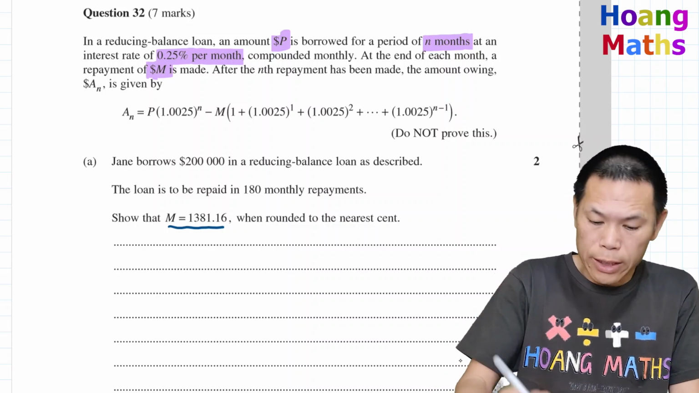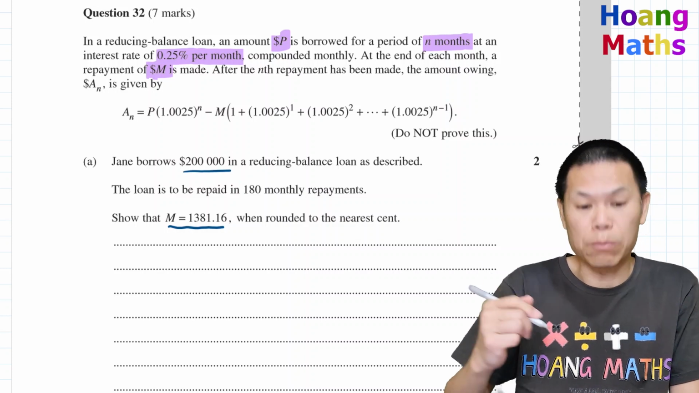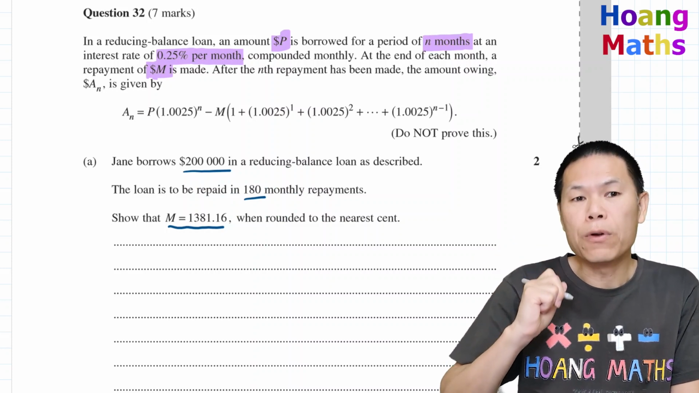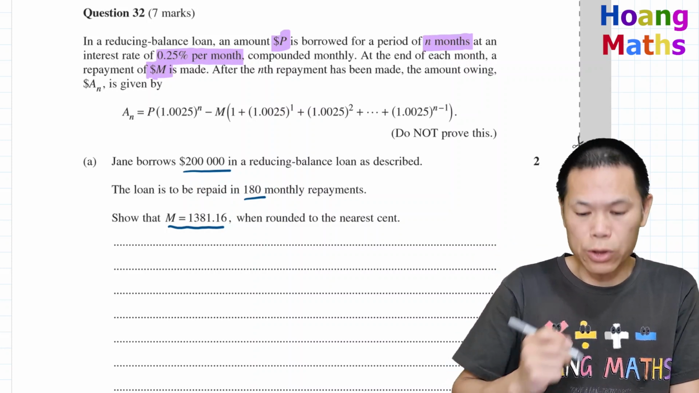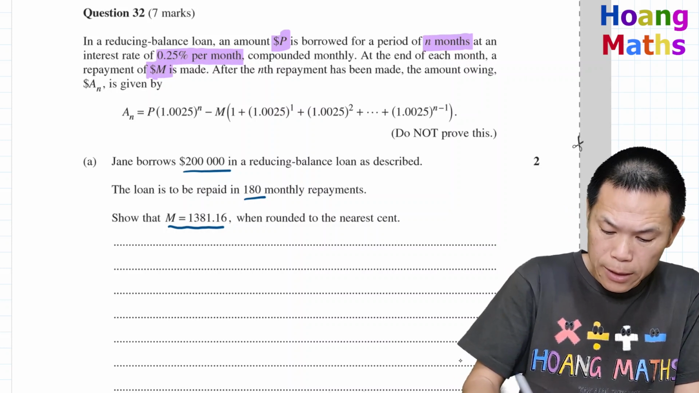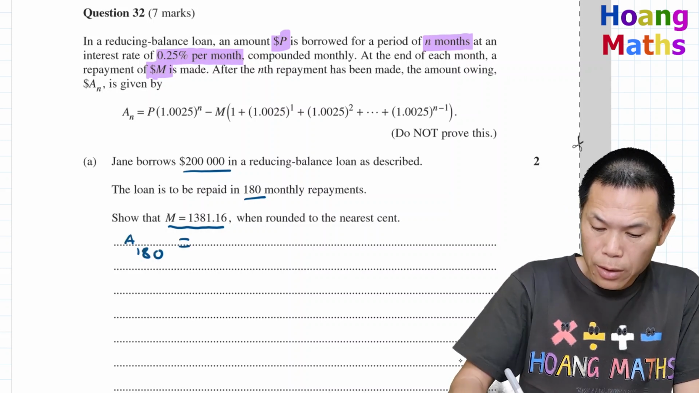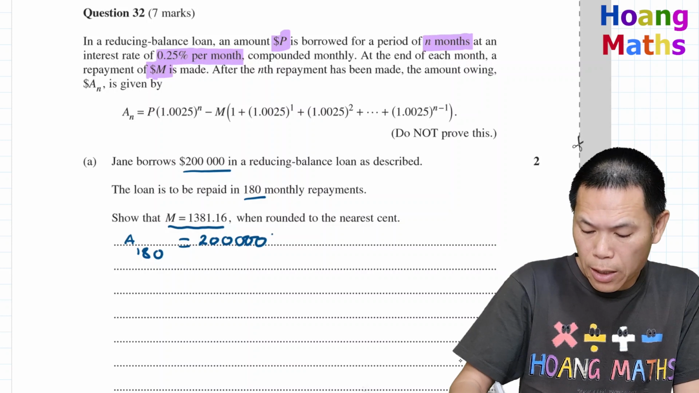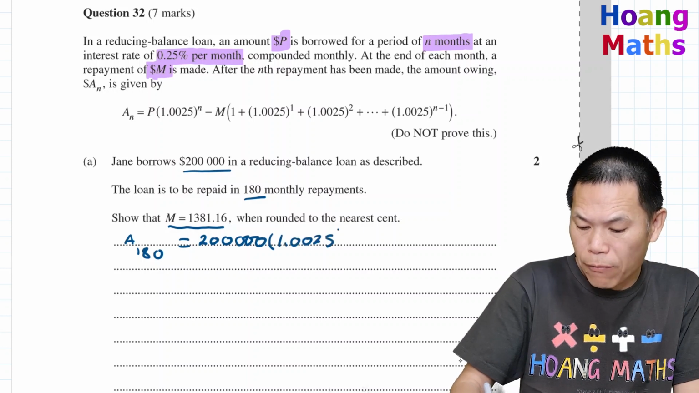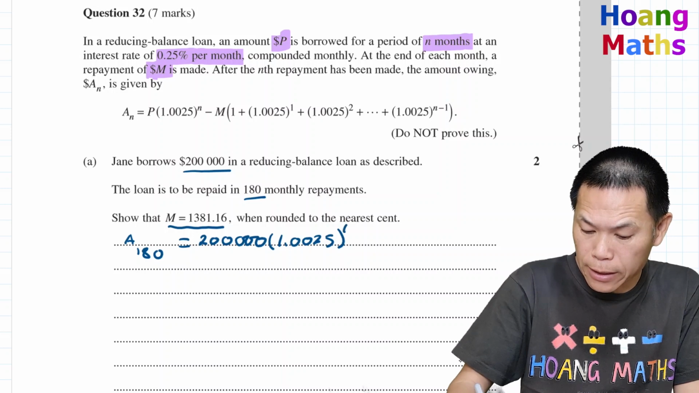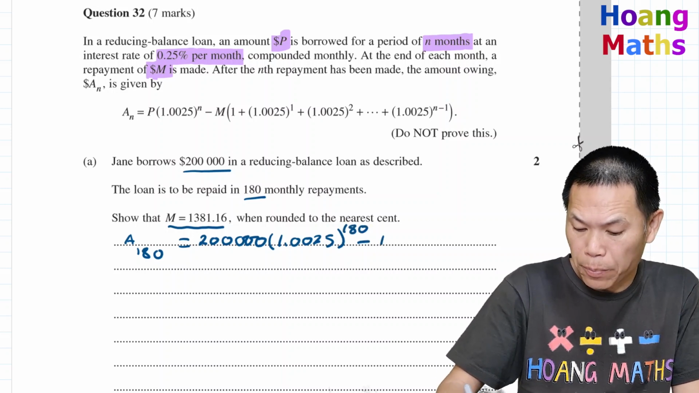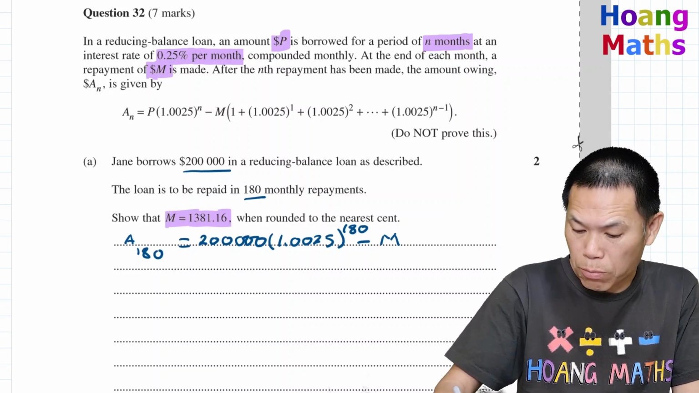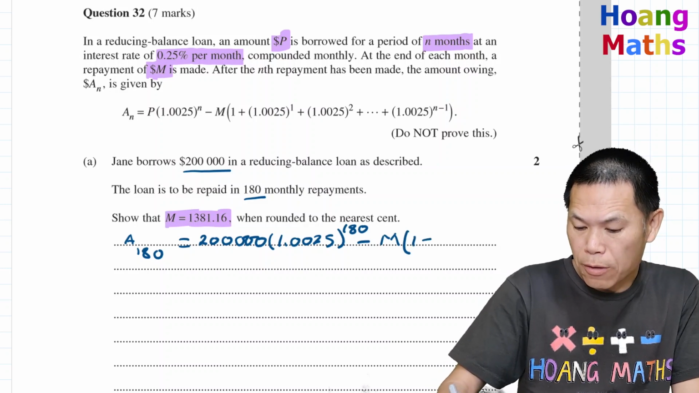That's all. So we know that Jen borrowed $200,000, so that is P. And n is 180 months. This means that A of 180 will be equal to 0. So keep that in mind. So A of 180 is equal to P, so P is $200,000, times 1.0025 to the power of n, but n is 180, and we need to minus M. We just need to show the value of M is this. Okay, keep that in mind. Now we just go brackets, 1 plus